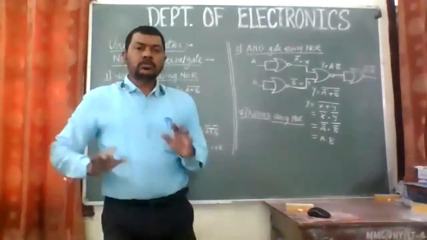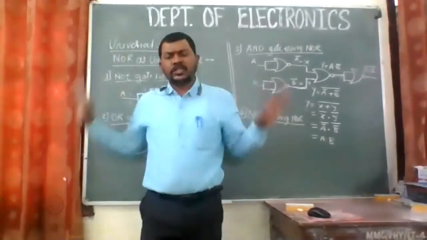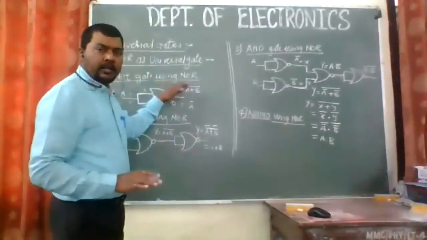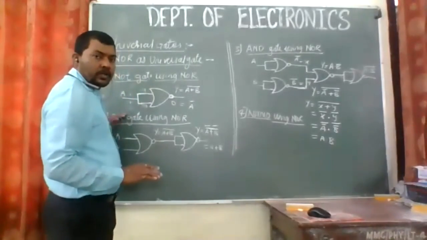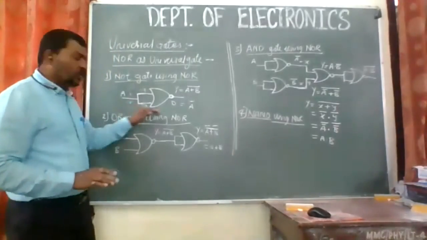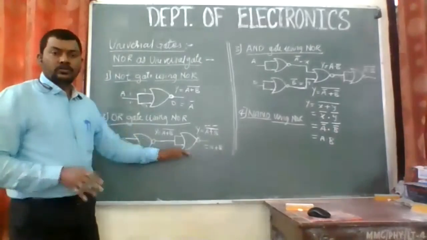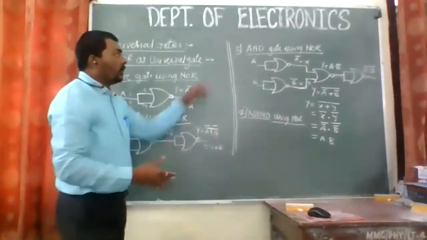We are running short of time. So I guess you try this for NAND gate. NAND gate is just similar to this. NOT gate can be made from NAND gate just like this. Just you have to replace this. And for OR gate, now this will not become OR, but this will become AND. So AND gate using NAND gate will be NAND plus NOT. So NAND के सामने और एक NOT लगा दिया, we will be getting AND again.